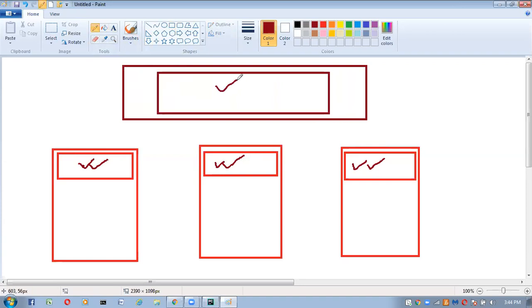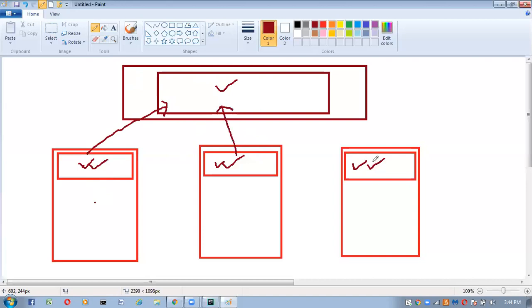So instead of rewriting that common code in each and every page, I am taking that code into a separate HTML file like this. Now these three HTML files will extend this HTML file. These three HTMLs are going to extend from this HTML file.